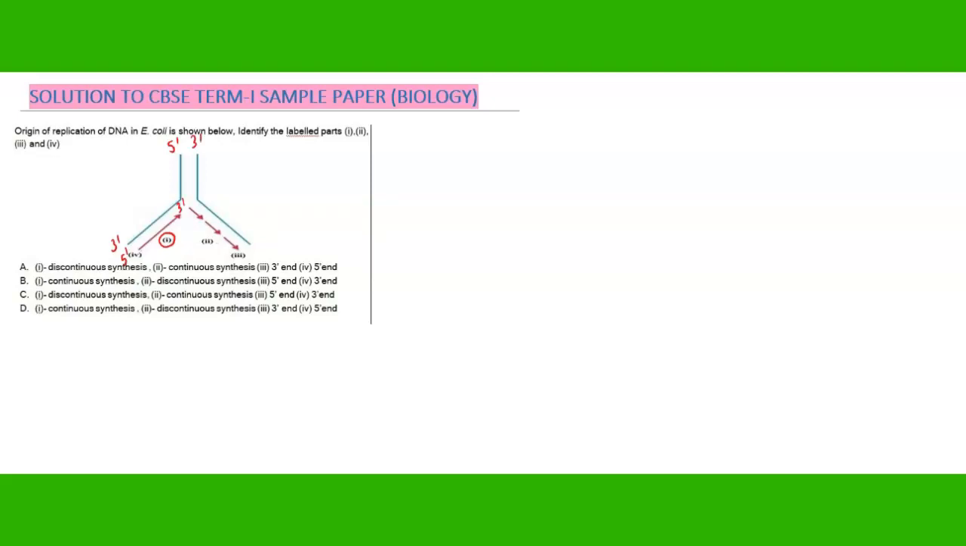This will be our 3' end, this will be our 5', this will be 3', then 5', 3', then 5', 3', then 5'. Okay, so with these conclusions, we need to first make up our mind that 5' to 3' is a continuous strand. If it is continuous, that means it is a leading strand. Okay, now the first we have already got, so this is option first,